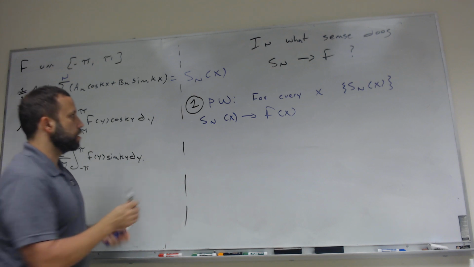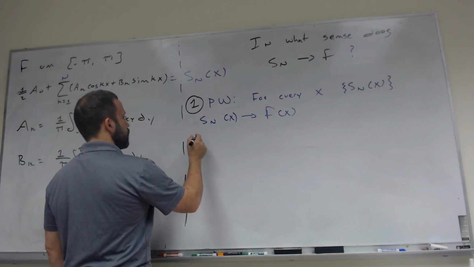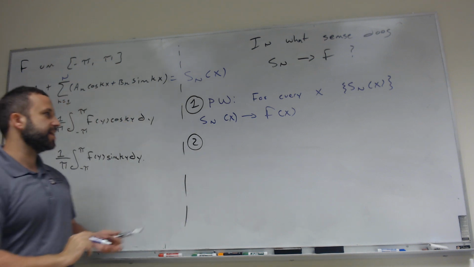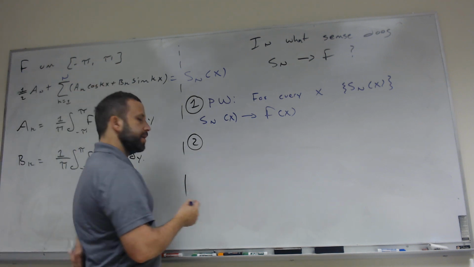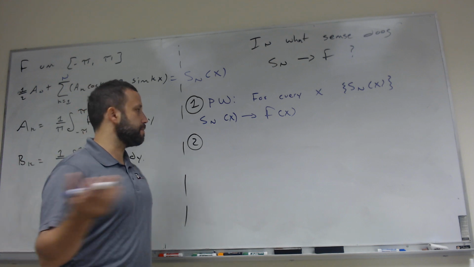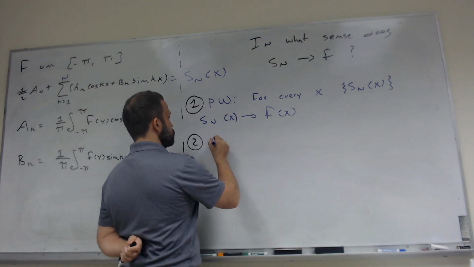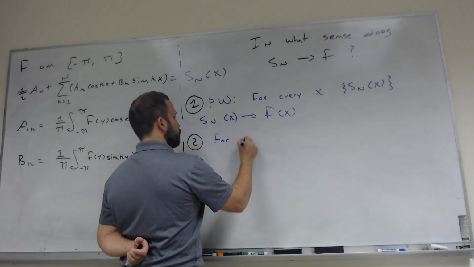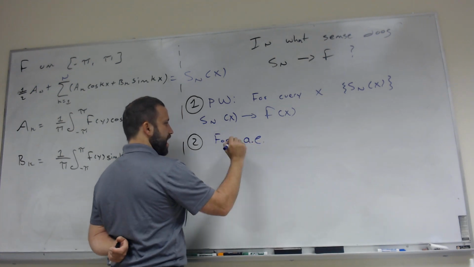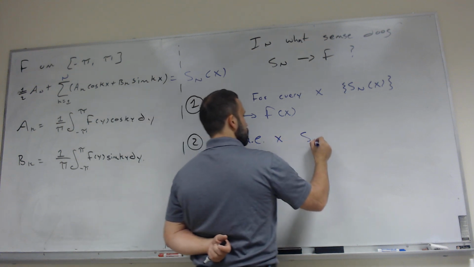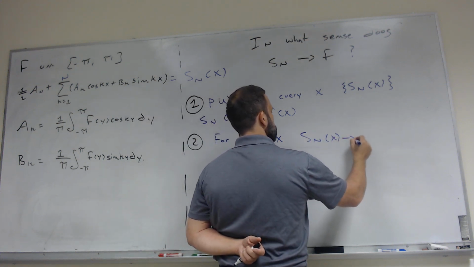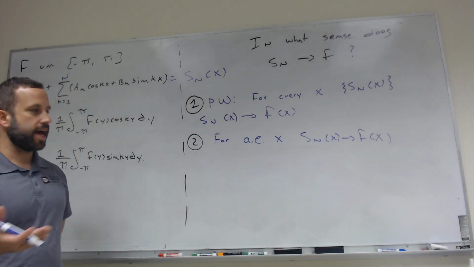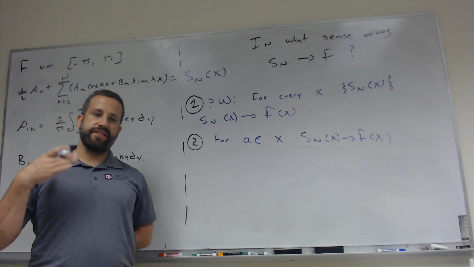A slightly weaker version of pointwise convergence, I can't say exactly what it means, because not everybody has the background, but it means it converges pointwise for almost every x. Okay, so for almost every x, we have Sn of x goes to f of x. Okay, so almost every is